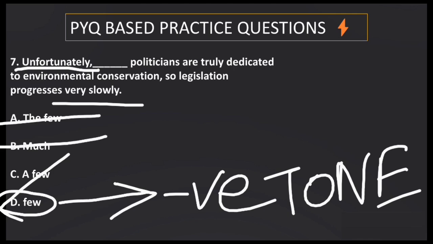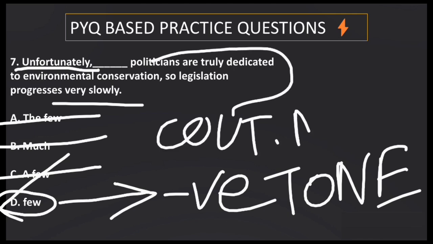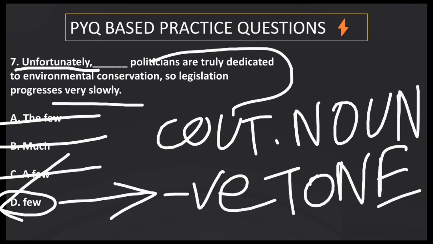And when it is negative, we must choose few instead of any other options. Not the few, not much, not a few. Unfortunately, few politicians, and politician is also a countable noun. It is a countable noun and definitely plural. That's why we must use few politicians are truly dedicated to environmental conservation and so on. So here few is the correct option. Next is,